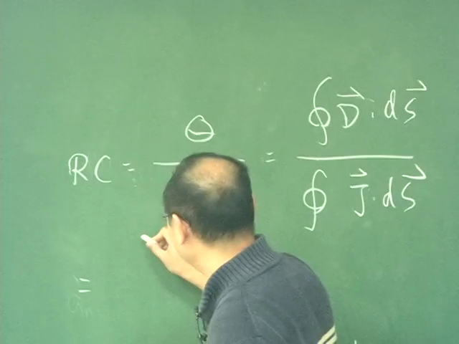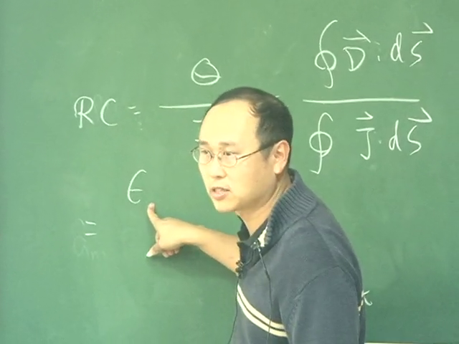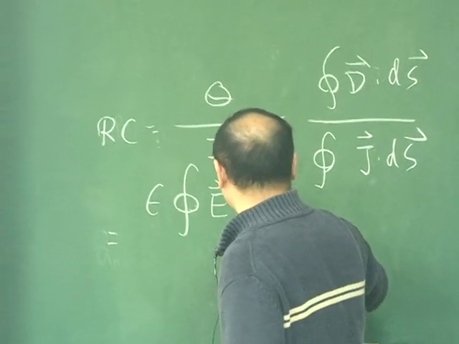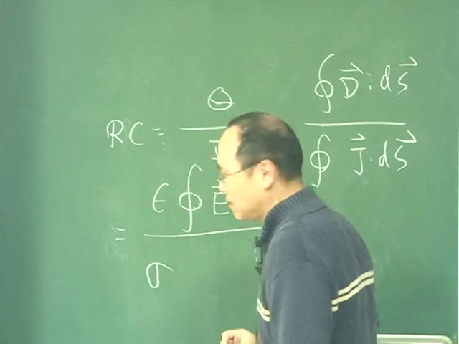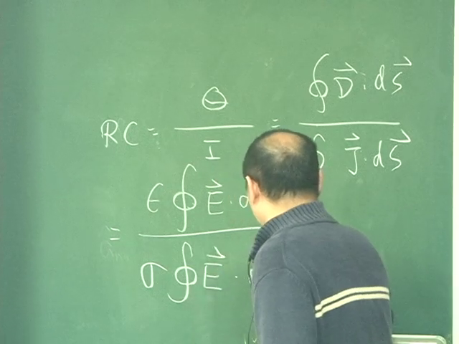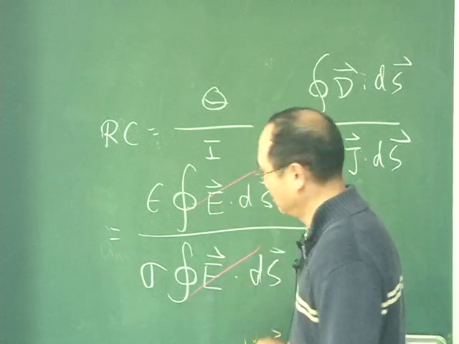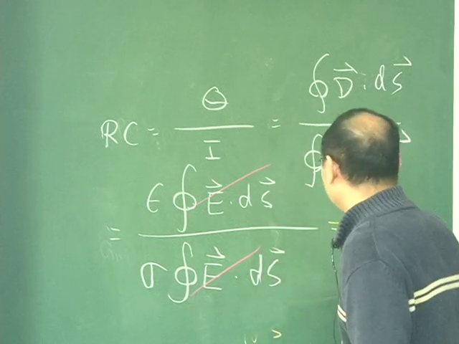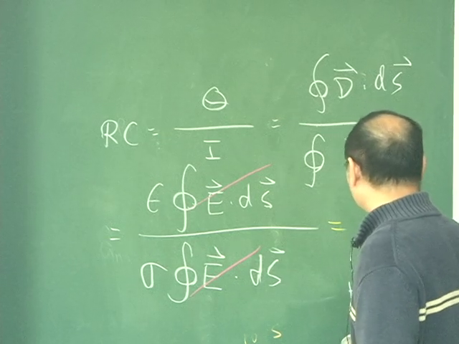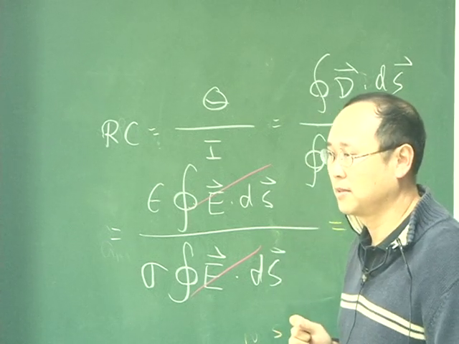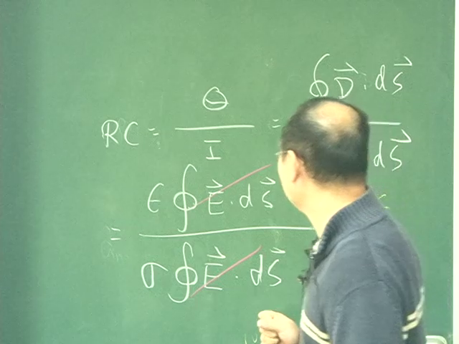但是呢，这个 D, you can take out this epsilon. That is permittivity of the dielectric. And then you do this E dot ds. And then you have conductivity divided by E dot ds. Well, this is very nice. You just cancel these two surface integrations and end up having RC equal to epsilon divided by conductivity. 我这告诉你说，你只要知道 R 或